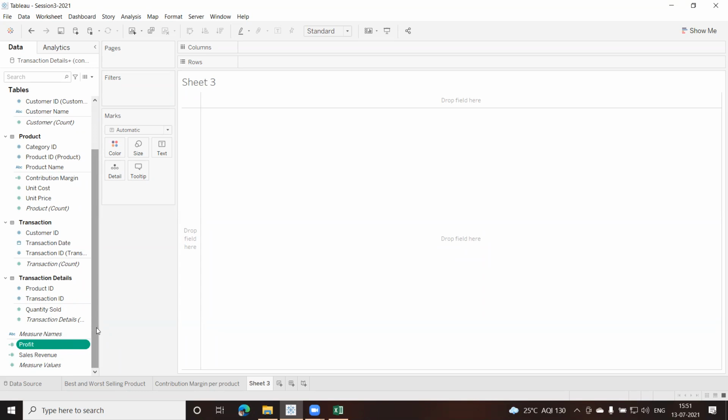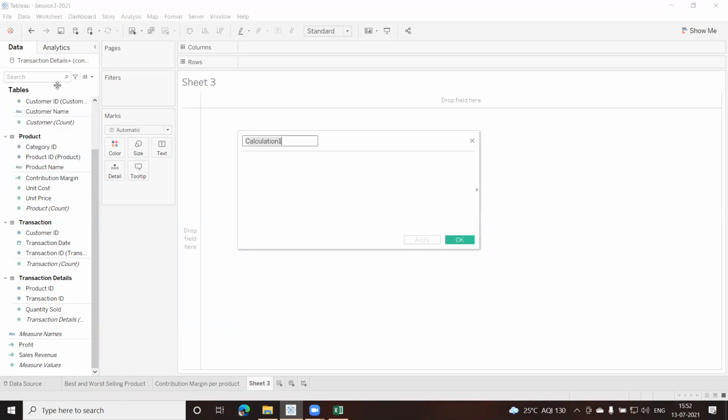Now what about the profit margin? Profit margin is a bit interesting. Profit margin will be the total of profit divided by the total of sales revenue. If I have to do the calculation for profit margin and display this in percentage also, I'll make use of the function sum.